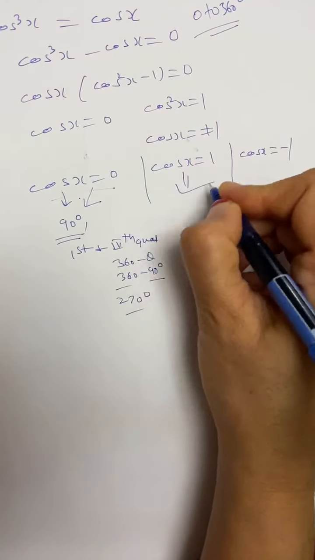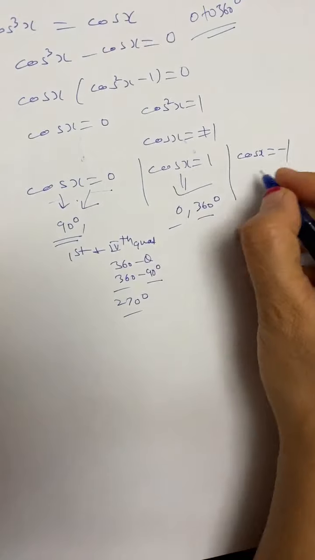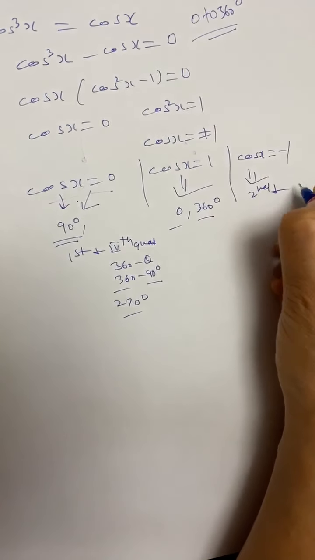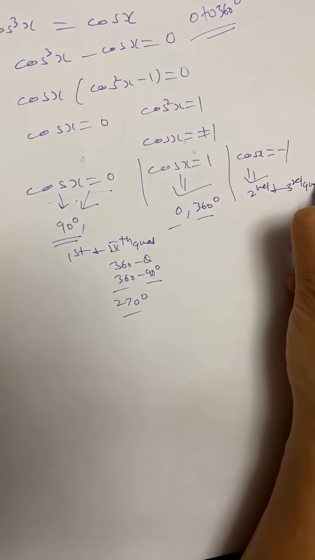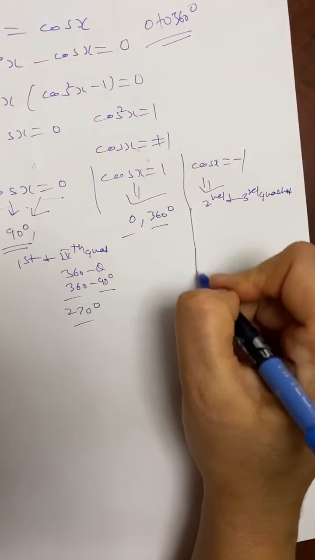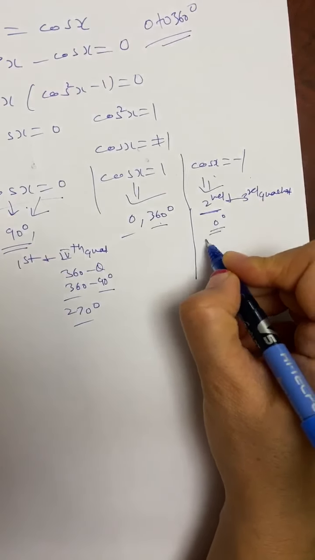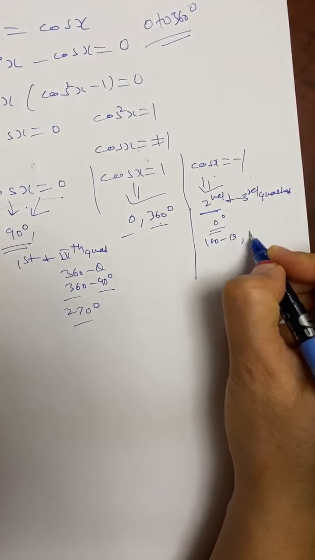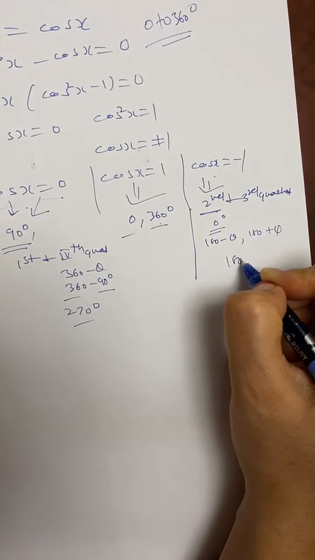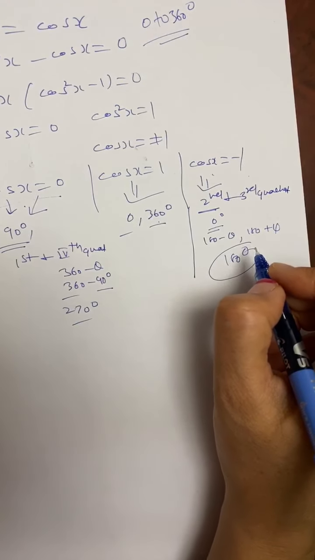And then similarly cos x is 1, the first value is 0, and then it will be 360 because first and fourth quadrant. This is second and third quadrant, but again first ignore the sign. As I said before, ignore the sign, and we know cos x is 1 when it's 0 degree, and second means it's 180 minus theta and 180 plus theta, so that will be 180 degrees. So this is how you find all the values here.